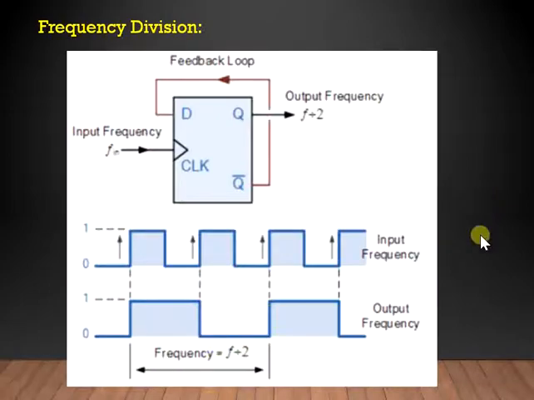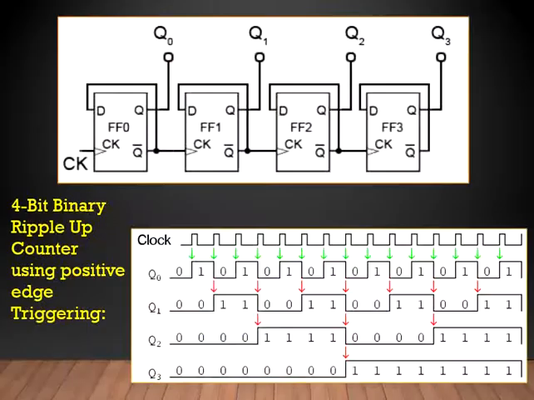So this concept will be very much useful when we solve the next numerical, which is meant to design a 4-bit binary ripple up counter using positive edge triggering. And here we make use of the D flip-flops, as I mentioned, without any count enable line. So by connecting the Q bar output of a D flip-flop to the D input, the Q output can be made to toggle at every clock pulse input. So the same concept has been explained here.